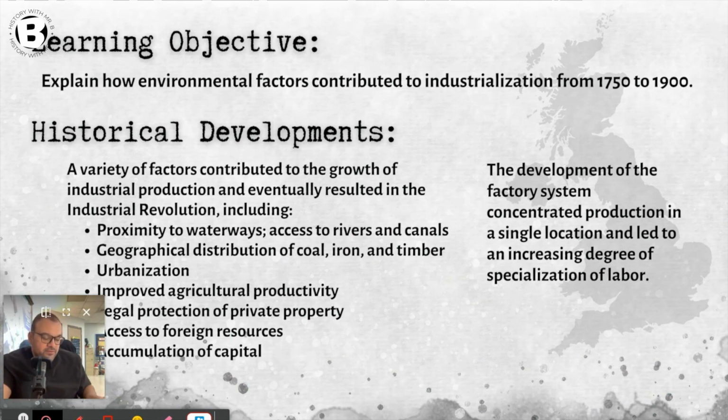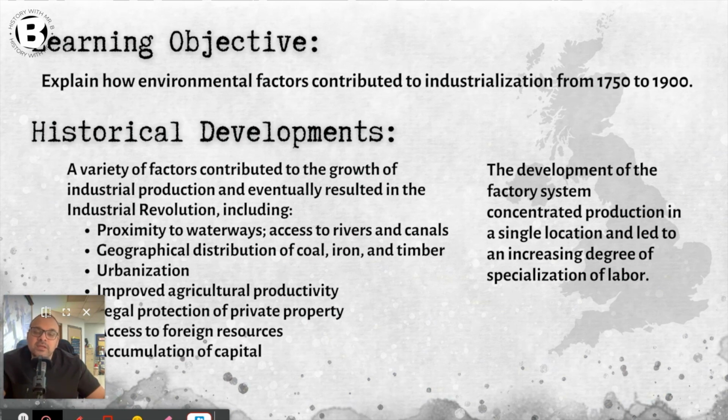The theme and the focus here is going to be interactions with the environment. If you're in my AP class, you know about the SPICE-T chart. So this would be the I, interactions with the environment. We're going to talk about the factors that contribute to the growth of the Industrial Revolution and the industrial production system, which results from proximity to waterways, geographic distribution of coal, urbanization, legal protections, access to resources, and the